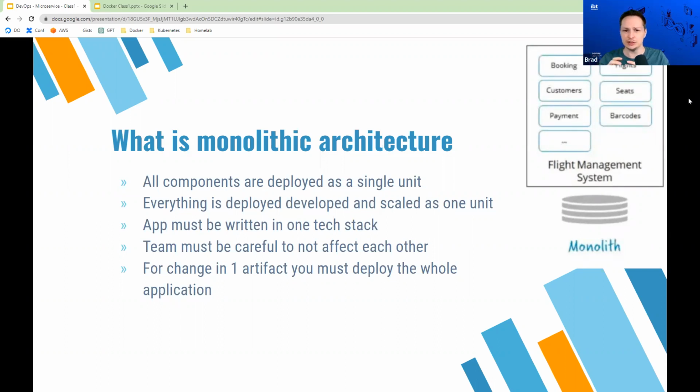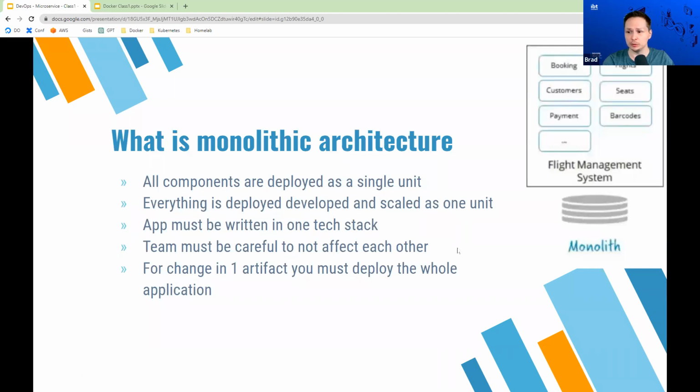And it goes more than just your actual programming language, like Java versus Python. It goes down into the individual libraries and operating system requirements, all the different environment requirements that your application requires. All these different components need to conform to those requirements, right? So they'll all need to run on the same type of operating system. They'll all need to use the same Java libraries. Everything needs to be the same in a monolithic architecture because everything is sharing the same system.